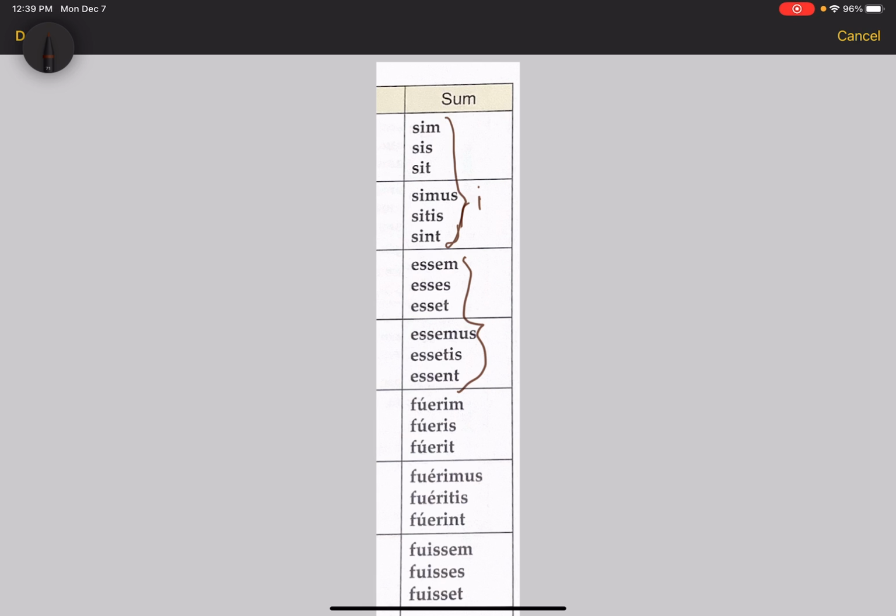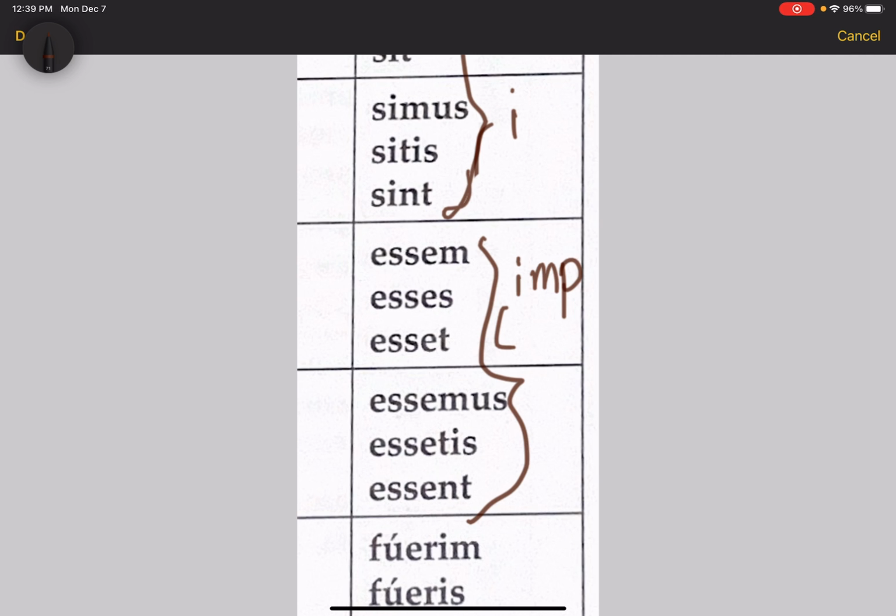So we form the imperfect subjunctive by taking, zoom in here, the infinitive and adding personal endings. So we see esse, which is the infinitive of sum, and we add